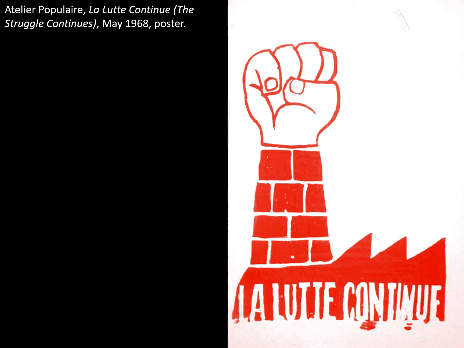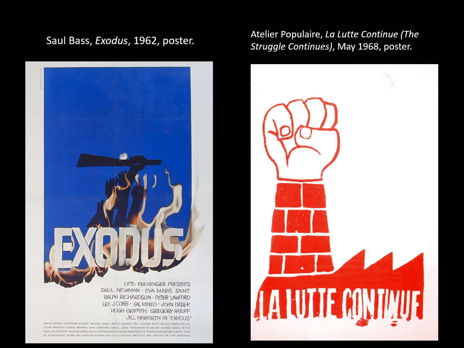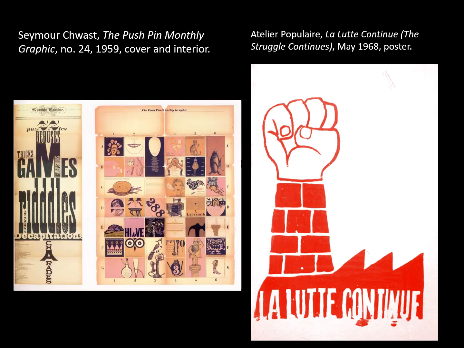And you see here this raised fist. It's like the fist is on top of an industrial smokestack. And so it's combining these different images in a way that should remind you of international style. So it's similar to what we saw in the Saul Bass poster from 1962 advertising the Hollywood film Exodus. That raised fist just immediately connotes protest. However, the illustrated style looks a lot like Pushpin. And so that whimsy, that kind of ironic style, is part of what makes this poster edgy and fit into the protest movement.